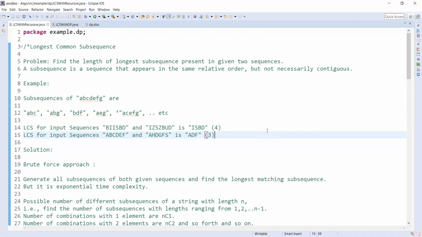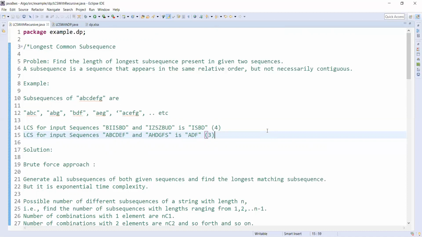We'll divide the problem now. First, we need to find the subsequences. If you go by the brute force approach, what we have to do is take the subsequences from both strings, and then match the common strings among them.